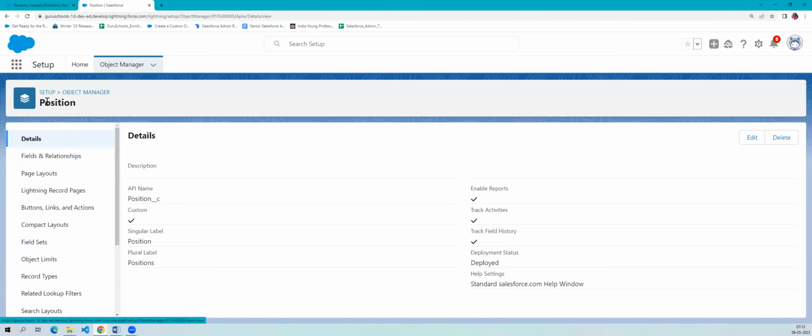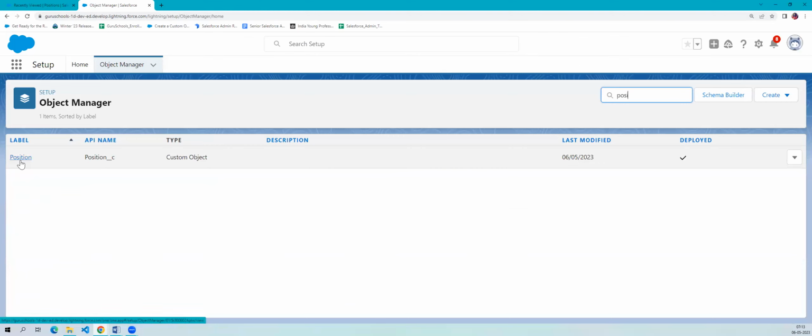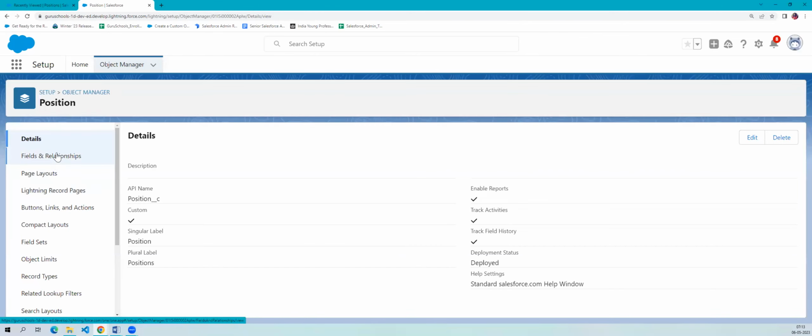Okay. So now this position object is created. This is your position object. What I did is I was in the object manager, I searched for the position object and I clicked on it. Now on this particular custom object, we will see the settings of this object. The first thing we see is details, where you can see the detailed information. As I told you earlier, while creating this position object, these settings you can enable anytime. For example, if I click on this edit button here on the right hand side,